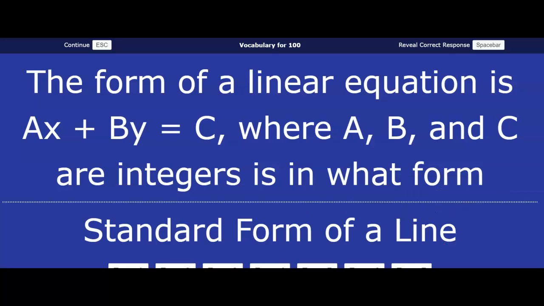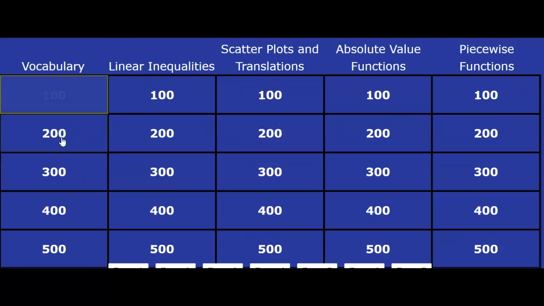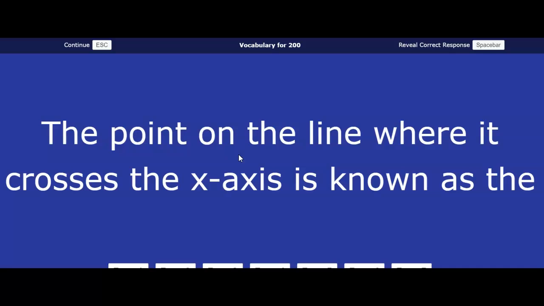All right. So, let's see. Number 2. The point on the line where it crosses the x-axis is known as... Sorry, I was not looking. And I can't see Steve. Steven's in my back corner, so I saw Aaron's hand go up and not Steven's either. All right. At the same time, both of you give me your answer, and I'll see you for 1, 2, 3. X-intercept. There you go.